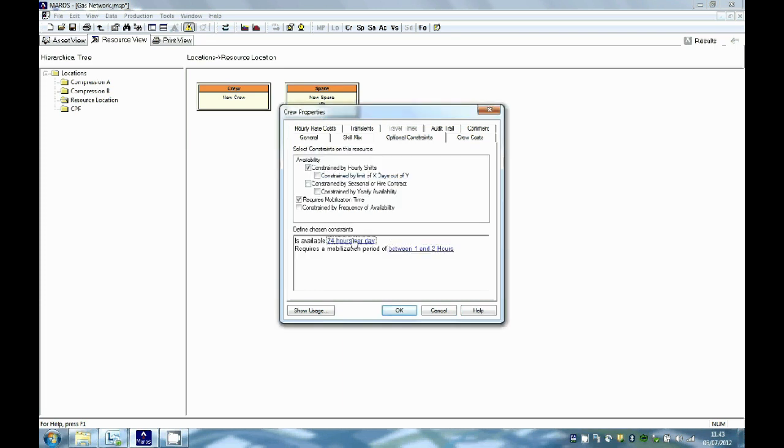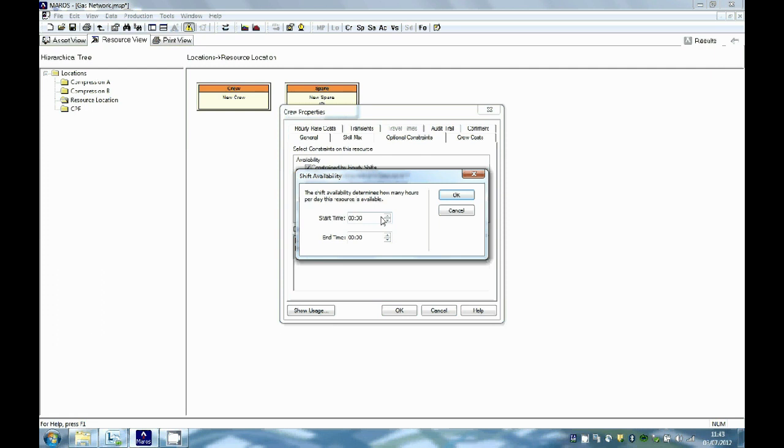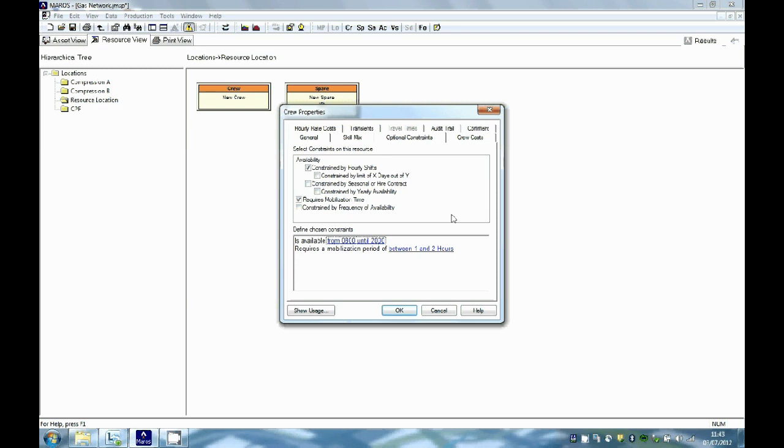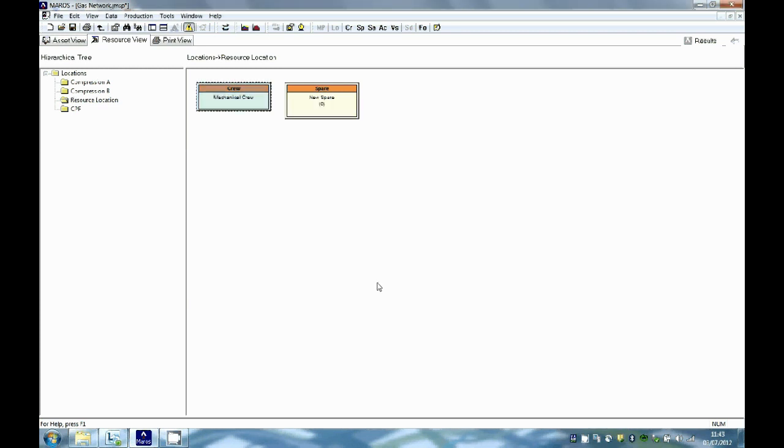OK that dialog, and then check the box for the constraint by hourly shifts if it isn't already ticked. Click on the blue field and set the start time to 8 o'clock in the morning and the end time to 8 o'clock at night, and OK the dialog. OK this dialog also, and use the crystal ball with a hand symbol, which is the view change simulation parameters,